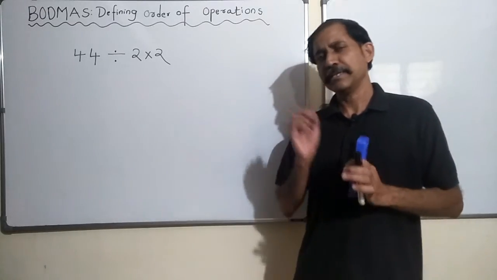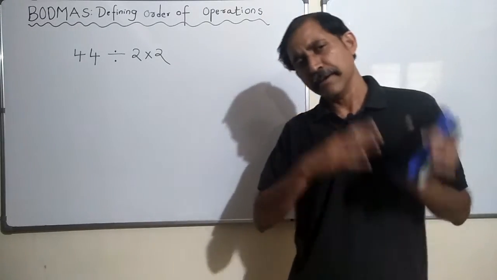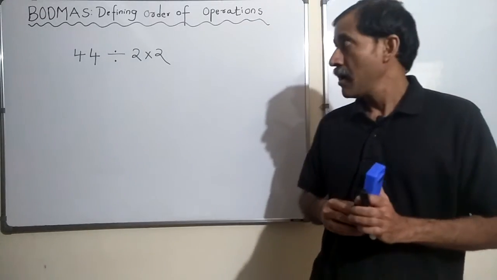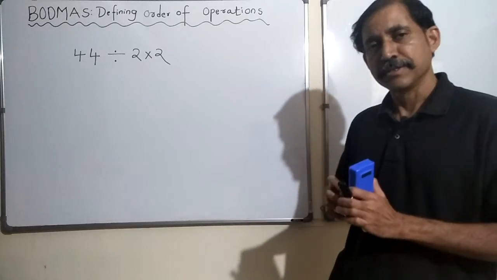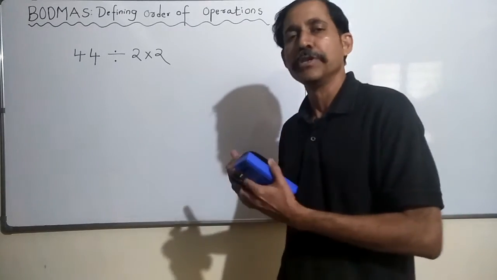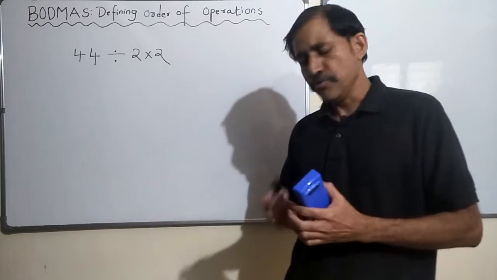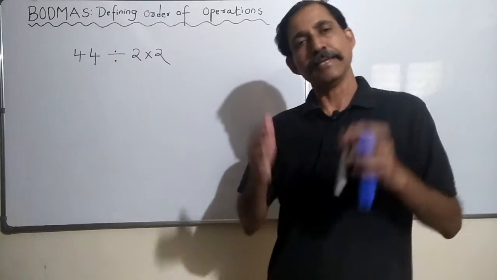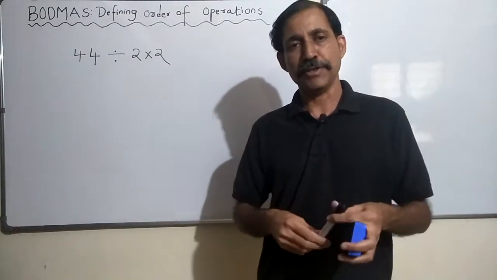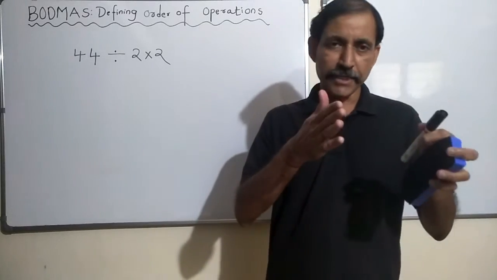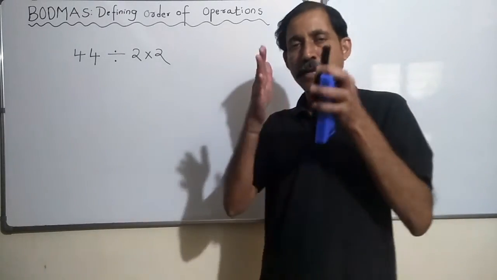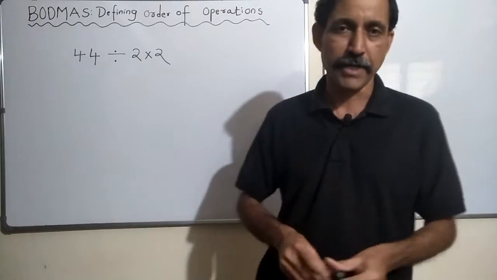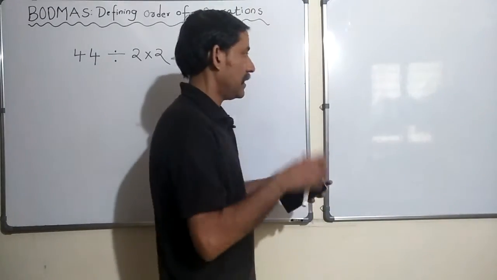So without wasting much time, let's get right into today's session on understanding order of operations and how we should do it. Okay, so now you would have come across the BODMAS rule, wherein they say that in any mathematical expression you should solve the brackets first, then order, then division, multiplication, addition and subtraction. So let's look at that rule.